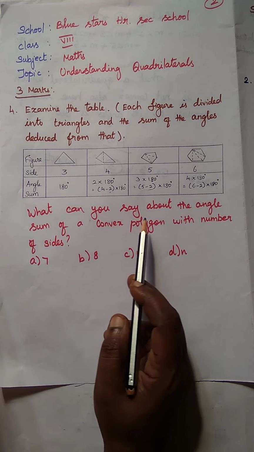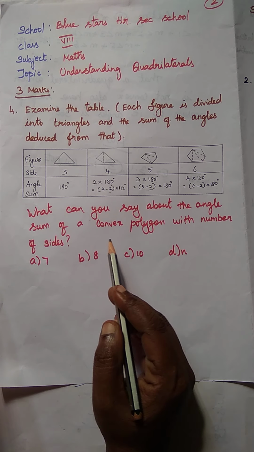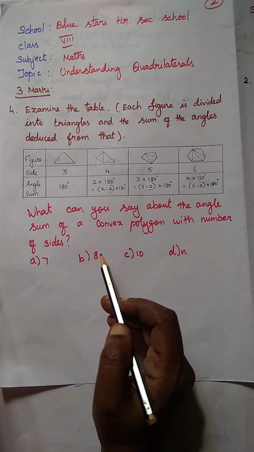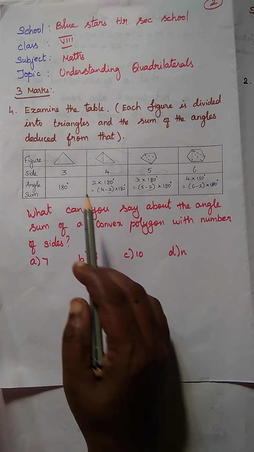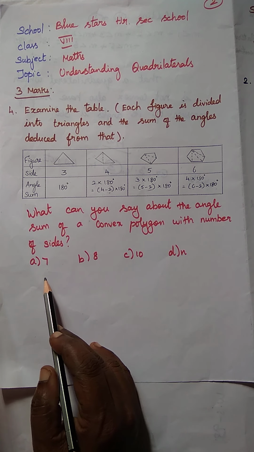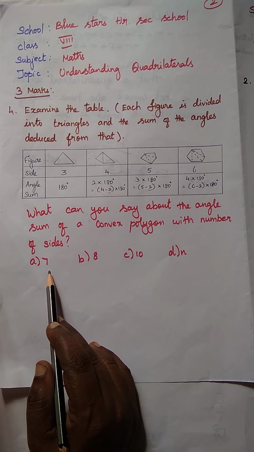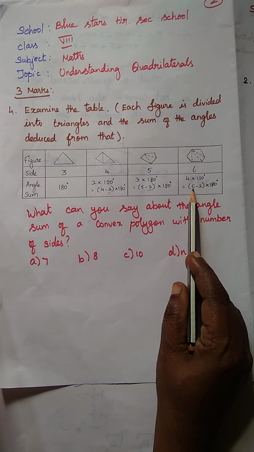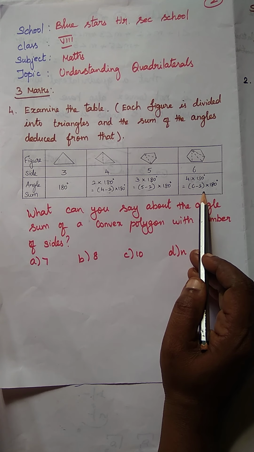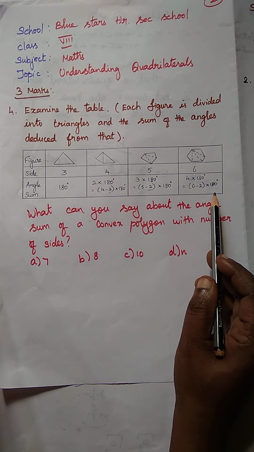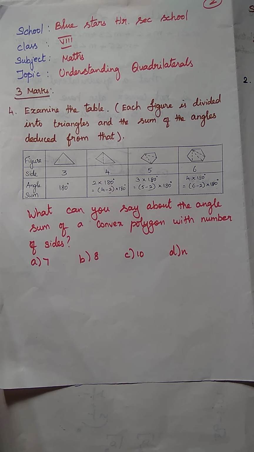So what can you say about the angle sum of a convex polygon with the given number of sides? In the table, 3, 4, 5, 6 were given. Next we want to find for number of sides 7. What is the general formula? Number of sides minus 2. Here 7 is there, so we apply 7 minus 2 into 180 degrees. Okay, now